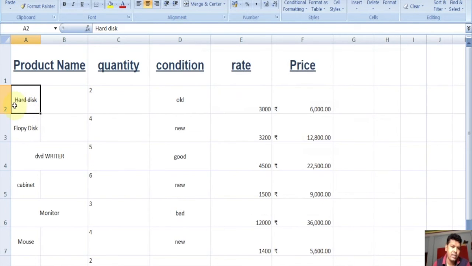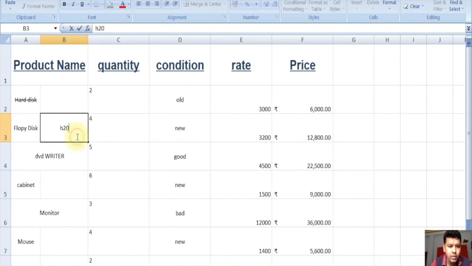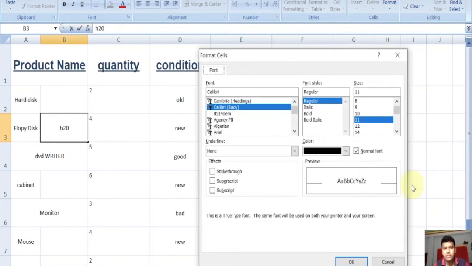There is a strike of line into the text, and suppose here is H2O, suppose we want to make it H2O, we can select this, format cell and make it subscript.